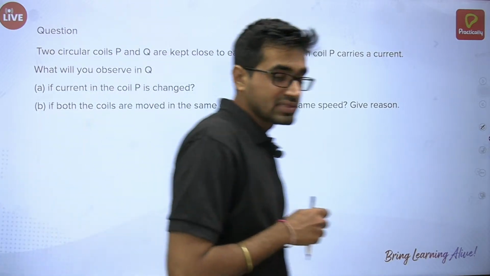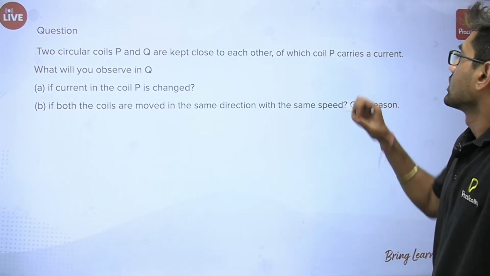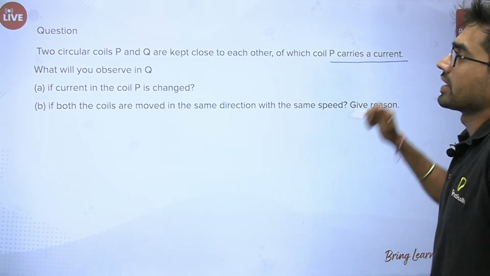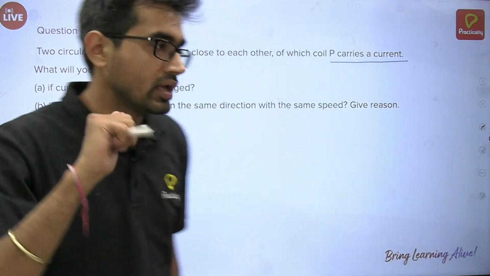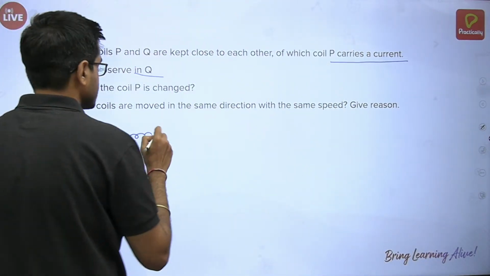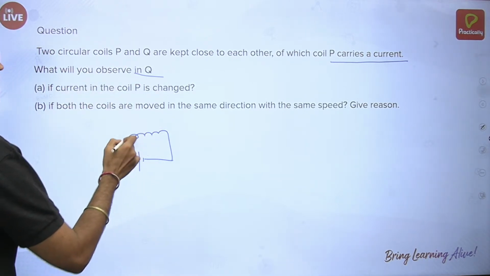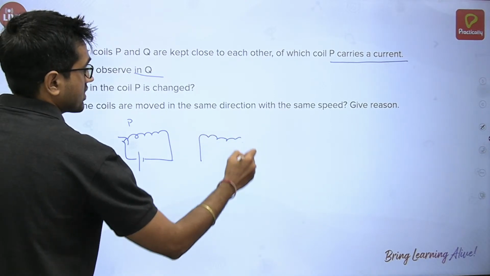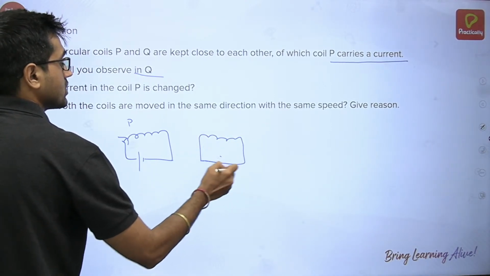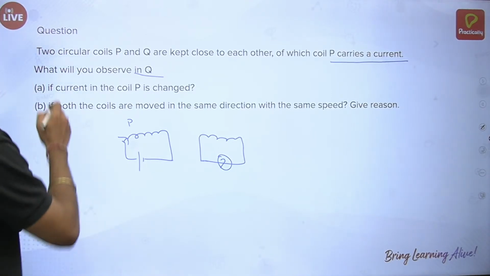Two circular coils P and Q are kept close to each other, okay? Of which coil P carries a current. What will you observe in Q? So there are 2 coils. The coil P carries the current. So there is a current, okay? And then there is another coil. We'll just put a galvanometer or something. What will you observe if the current in the